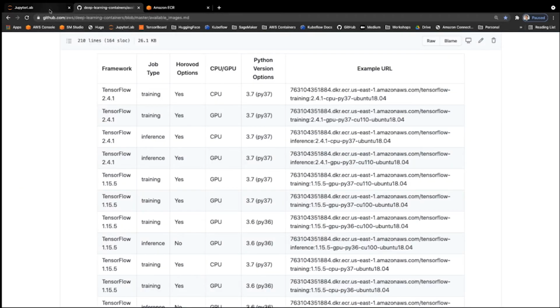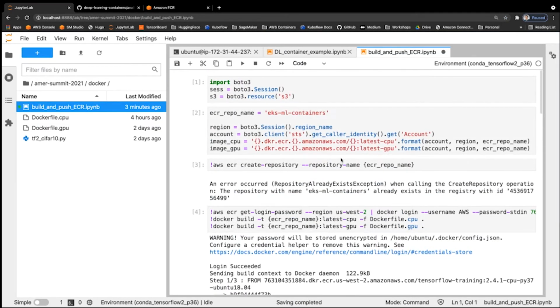So with that, just to quickly recap, we saw how you can extend custom containers and push them to a registry, which you can now share with other colleagues or collaborators, but also use to scale on a cluster using Kubernetes or SageMaker, as we'll see in subsequent demos.